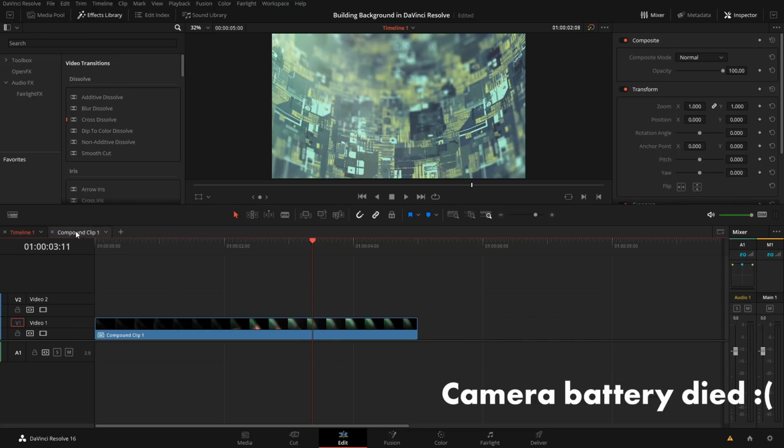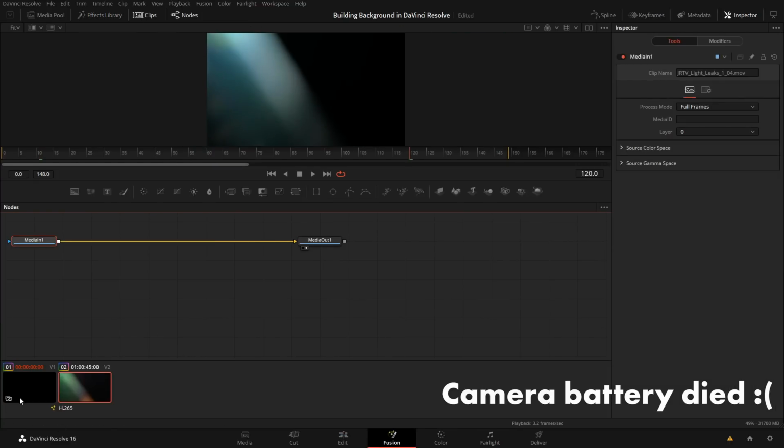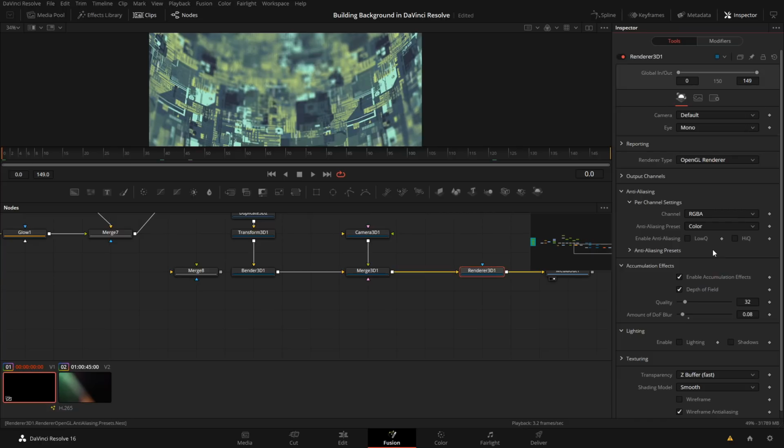One thing, I don't know why I didn't say that before, but just make sure that when you're over here in Fusion, once you open up, whoops, I'm on the wrong clip. Once you open up your 3D renderer, just come into the anti-aliasing, and you can just turn off the enable anti-aliasing. And if you don't know what that is, it just takes rigid lines and multiplies that line out, so it's not so steppy. But doing that adds a lot of extra work, and for most stuff, it's not really that big of a deal.